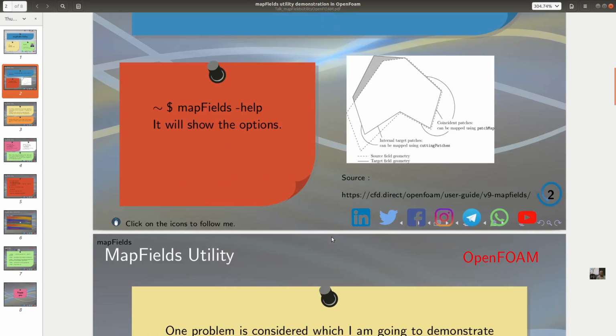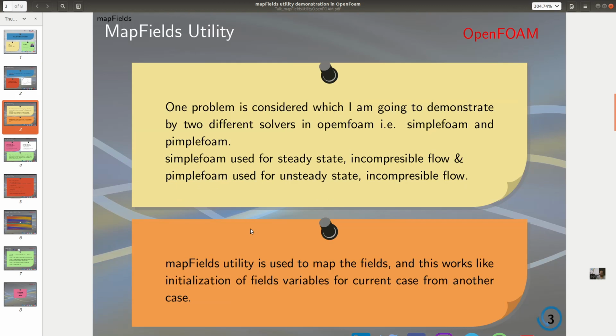For this demonstration we consider one problem, which I am going to demonstrate with two different solvers in OpenFOAM: simpleFoam and pimpleFoam. Basically simpleFoam is used for steady state flow, and pimpleFoam is used for unsteady state flow.